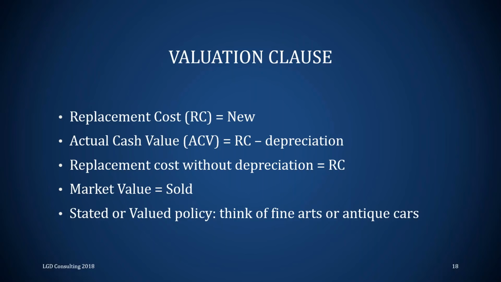All right. Market value is what would you get for it if it were sold? Like if you totaled your car, let's find three people selling the same car as the one you just totaled. We'll take the high, the low, the mid, we'll average it out, and that's what we're going to pay out. Okay. So like if you sold the car one day before you got into an accident, what would you have gotten for it? That's what the market value would be.